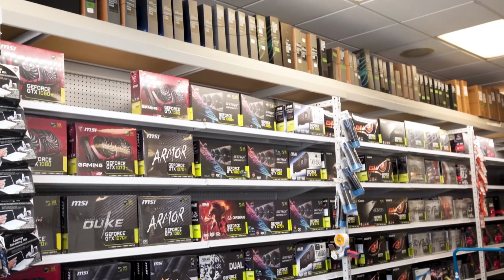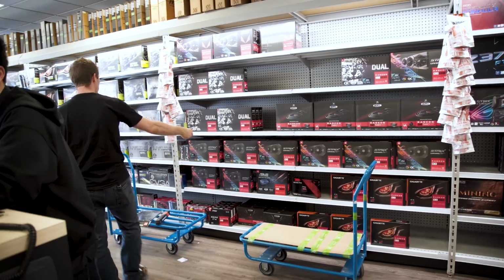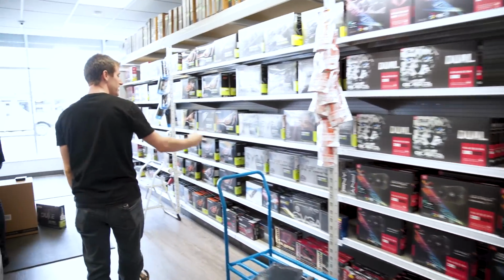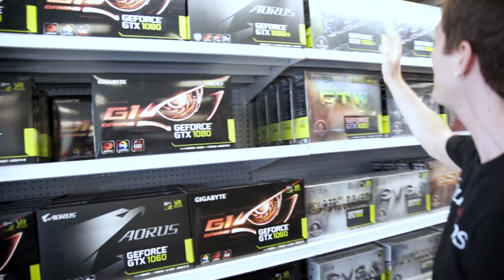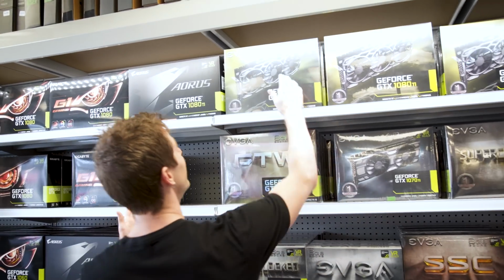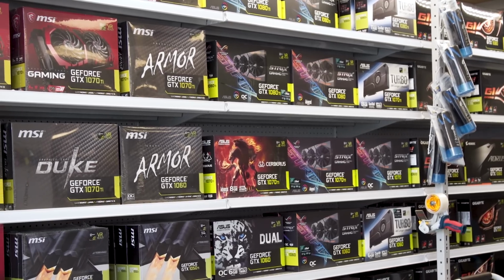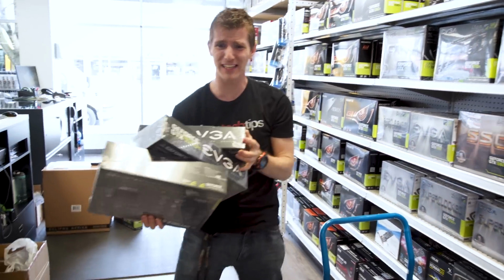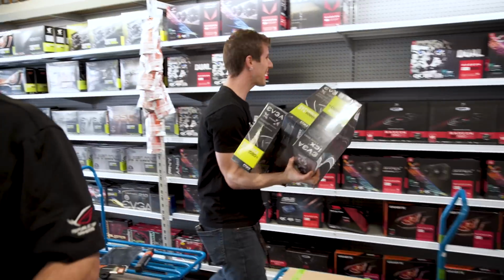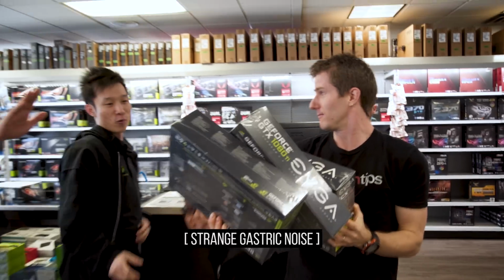Moving over here, we've got the even more exciting stuff. They've got graphics cards. What? 560s, 570s, 580s, GTX 1050 Ti's, 1060s, 1070s, 1070 Ti's, 1080s, 1080 Ti's? Look at them all. Look at all of these things. Do you guys have any idea how much these things are worth? You got them just sitting here like any random jackass could just come out of here and like,